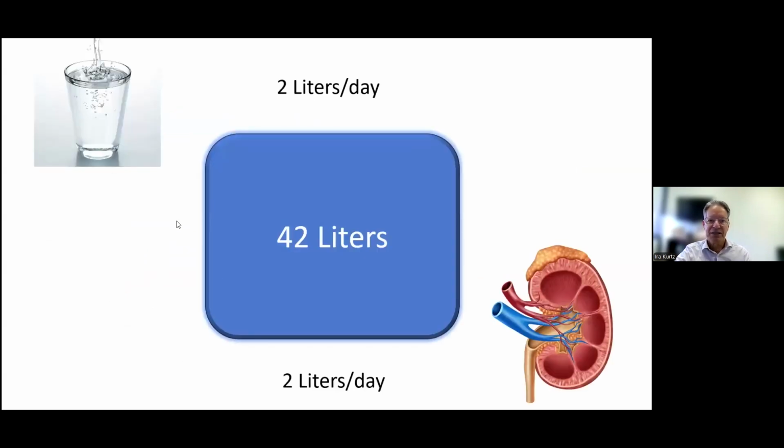So let's just take an example now. Again, the blue represents the amount of water in the body of a typical 70 kilo male. 42 liters of water would be in there at any point in time, and that's because we have an intake and output that are roughly equal.